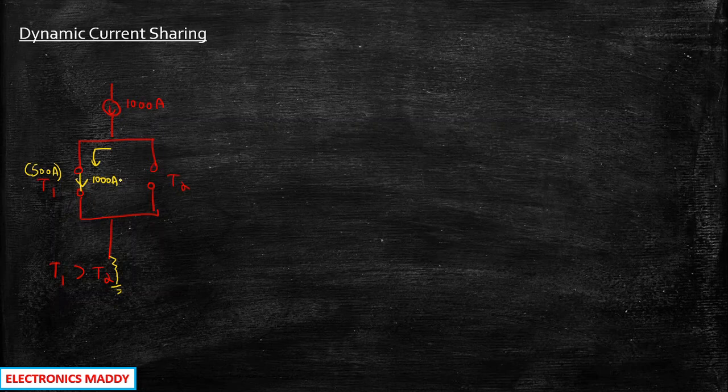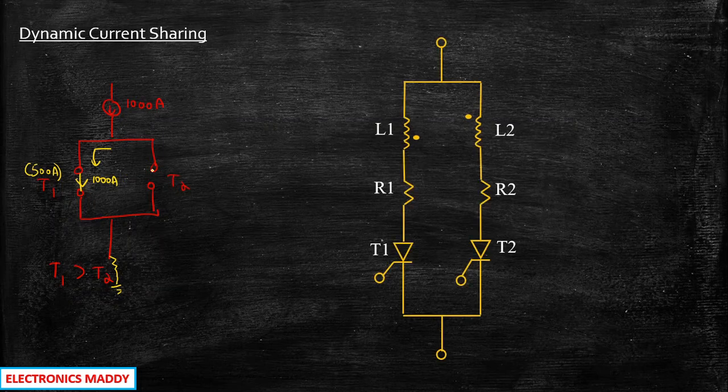So it is necessary to ensure there is some amount of protection. We will be connecting inductors L1 and L2 in such a way that they are connected in series with T1 and T2 like this. If you carefully observe over here, they are magnetically coupled with opposite polarity. So if some amount of current flows through L1, an equal amount of current will be induced in the opposite direction with respect to L2. What this does, first and primarily, is provide di by dt protection. It does not allow sudden change in current.